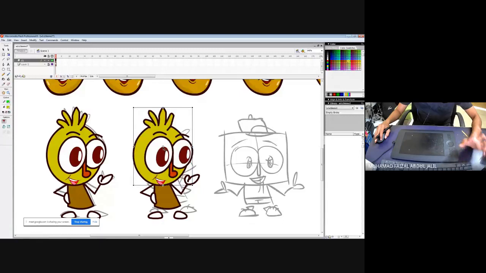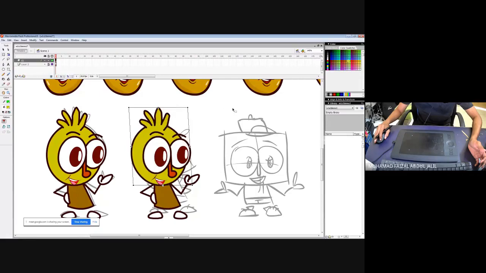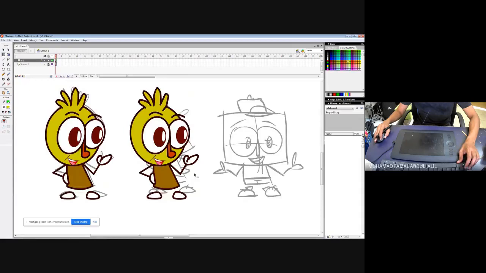You want to rotate, or skew, or change the alignment there. Always change the point, what we call the middle point of those transformations over here, and then you can change. That's how it goes. So the hand itself, I can actually move this one like this, and I can rotate. See? Like that.